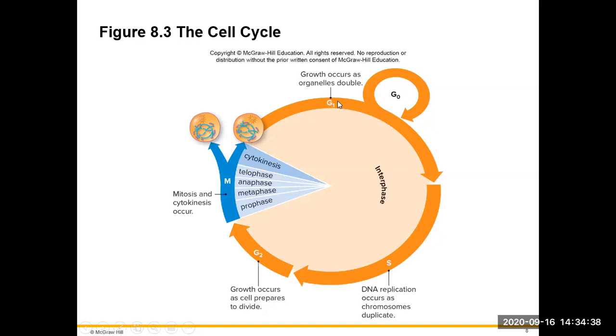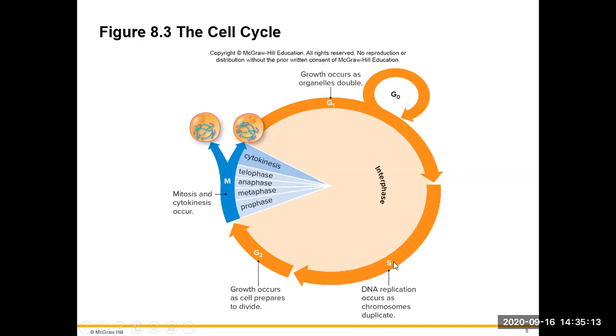So in G1 phase, everything is replicated. And then in S phase, the DNA is replicated or duplicated. But for some reason, if the cell decides not to go through this process, it will get into the G0 phase. G0 is zero growth, which means the cell is going to be arrested. It will not go through the cell cycle. It does not mean it's going to die. It means it's just going to perform its normal function, but it will not go through the cell cycle.